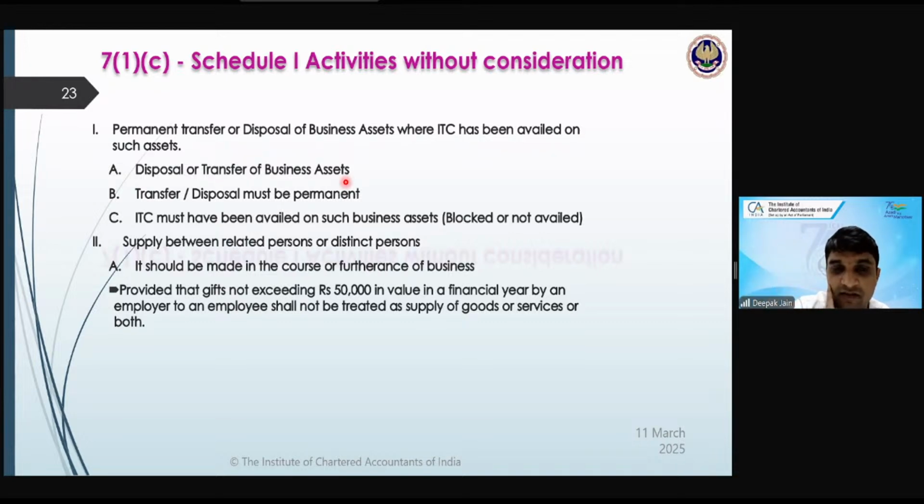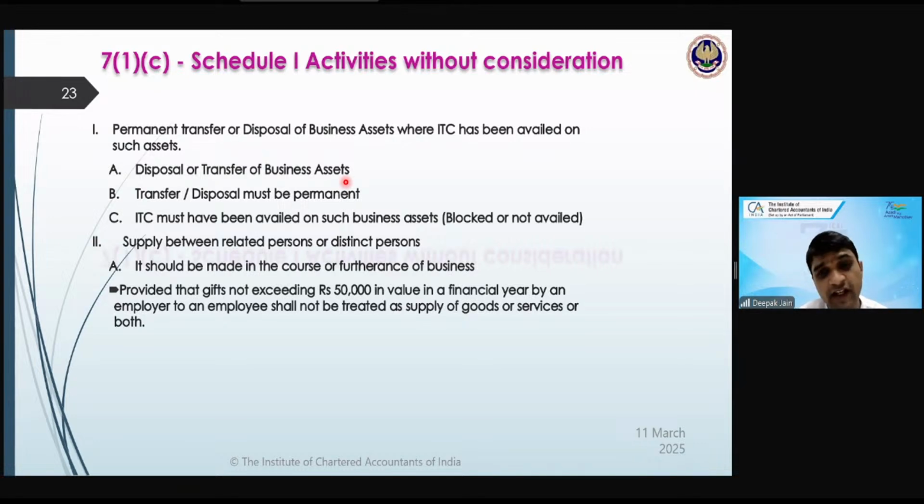ठीक है? तो अगर आपके 5 ब्रांचेस हैं एक स्टेट में और आपने रजिस्ट्रेशन सबका एक ही लिया है, क्योंकि हर एक ब्रांच के लिए रजिस्ट्रेशन की जरूरत नहीं है, तो आपने पांचों ब्रांचेस के लिए एक ही रजिस्ट्रेशन लिया है, तो फिर क्या होगा? आपको डिस्टिंक्ट पर्सन एक ब्रांच से एक और ब्रांच में जीएसटी नहीं लगेगा। लेकिन आपने 5 ब्रांचेस के अलग अलग रजिस्ट्रेशन लिए हैं और एक ब्रांच से दूसरे ब्रांच में आप स्टॉक ट्रांसफर करते हो, तब उसके ऊपर जीएसटी लगेगा।